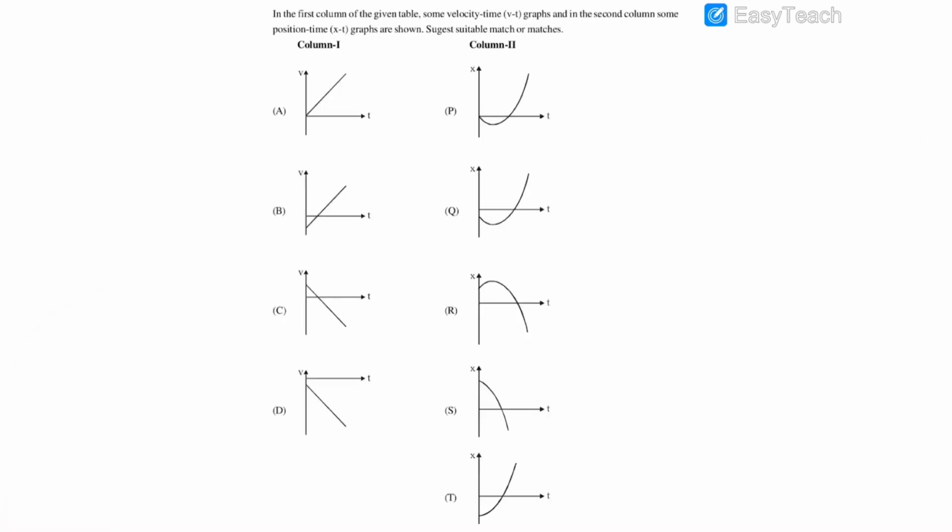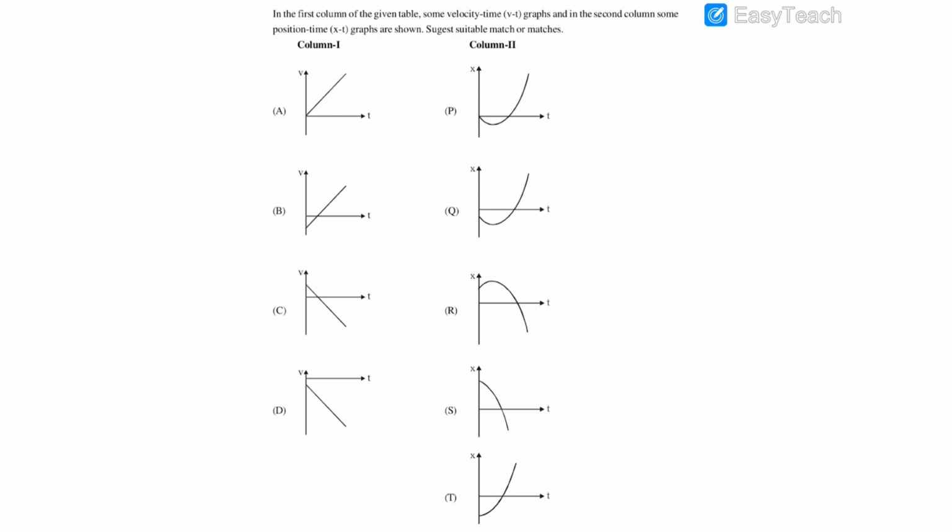Now in this question, the first column has some velocity time graphs and the second column has their suitable displacement time graphs. We have to match the options. So option A is a VT graph which is a straight line going up, and we know that when the VT graph is a straight line going up, then the displacement time graph is a parabola which is opening